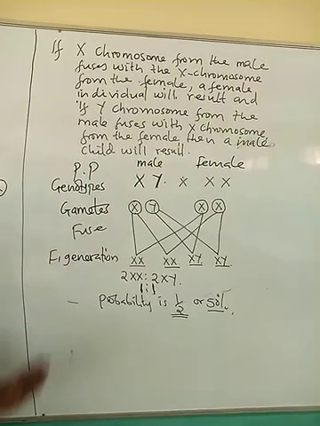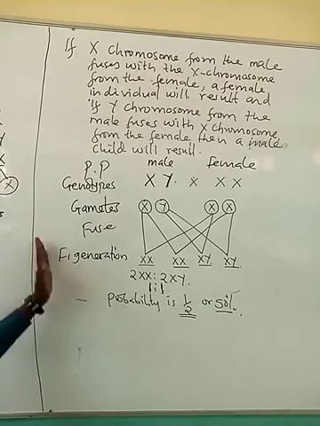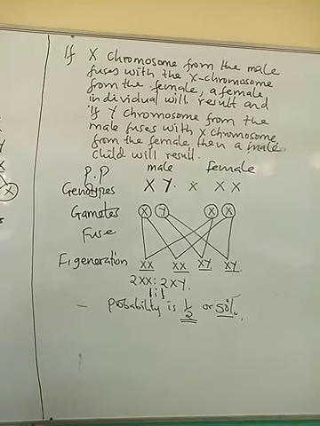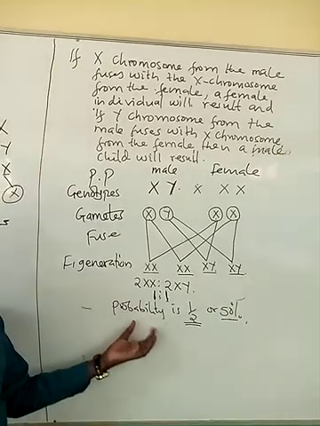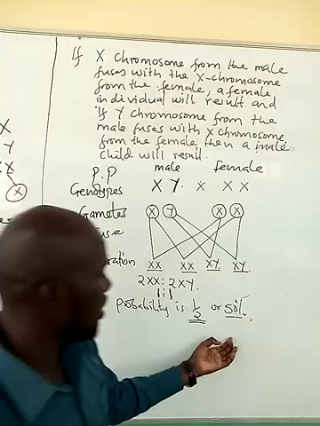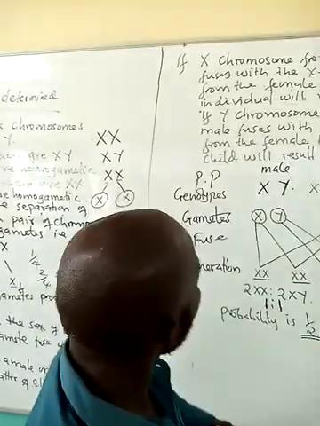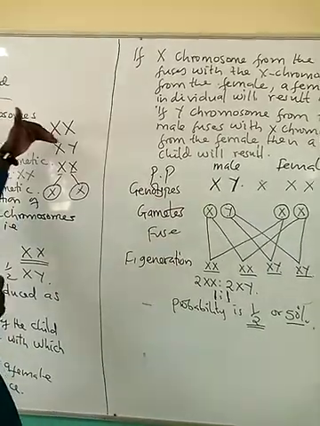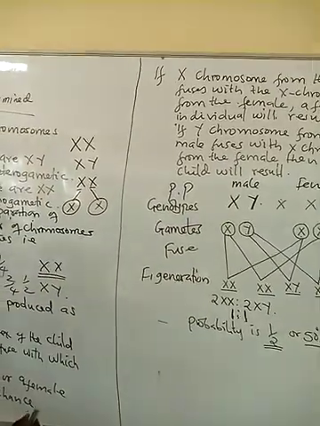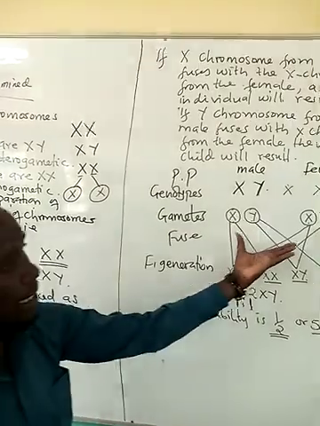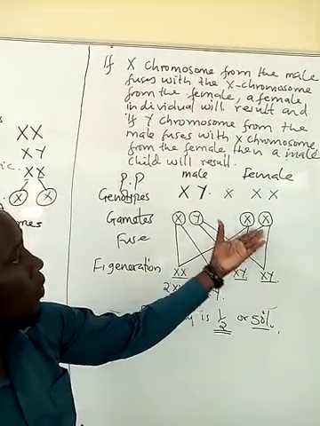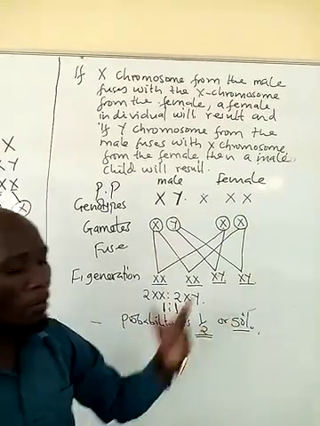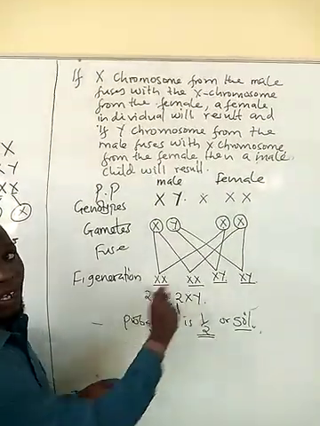So the probability of having either a male or a female child is a matter of chance, and therefore it is half or 50%. If you are given such a question, all that we have said here can be summarized: where you have XY and XX, you do your proper crossing, and you are going to have the same